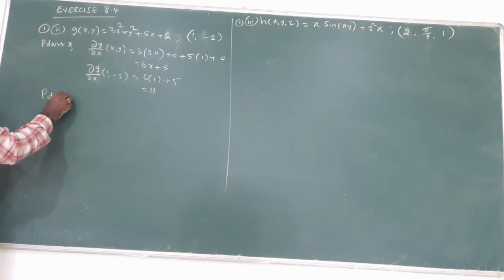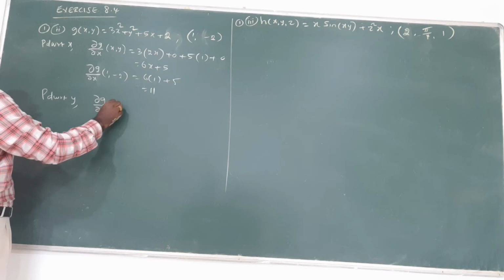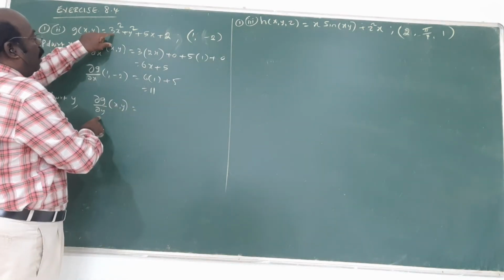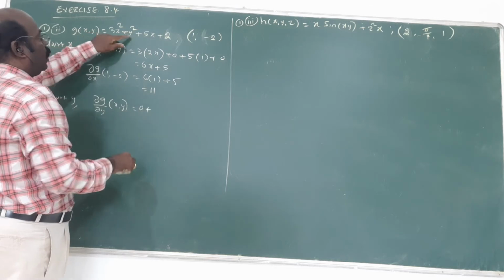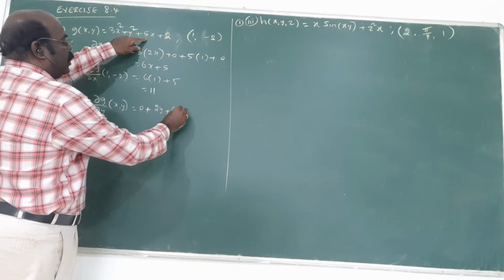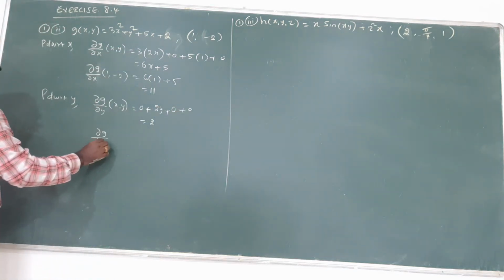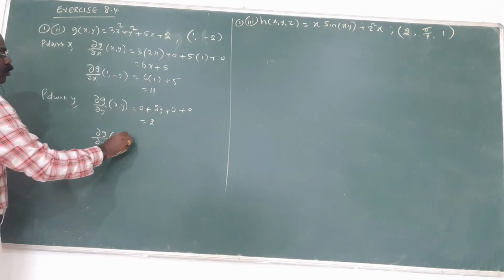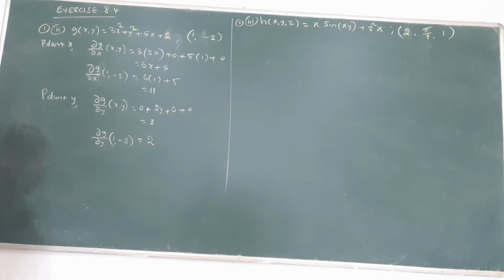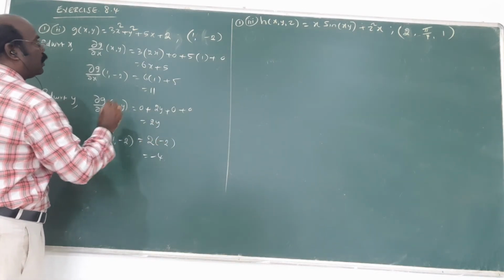Now partially differentiate with respect to y. For dou g of (x, y) equal to this, suppose 3x square, this is with y, but 3x square is purely constant, 0. The y square gives 2y. Plus 5 becomes constant, this is also 0. So 2y only. Am I right? Now dou g by dou y at 1 comma minus 2. Replace x is 1, y is minus 2. No x value is needed. 2 into y, 2 into minus 2, that is minus 4 is the answer. That's all.